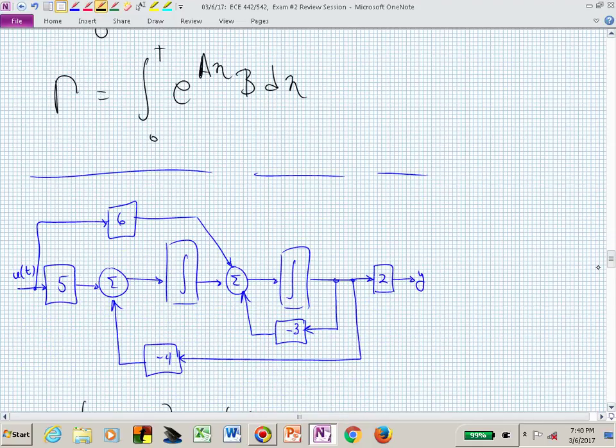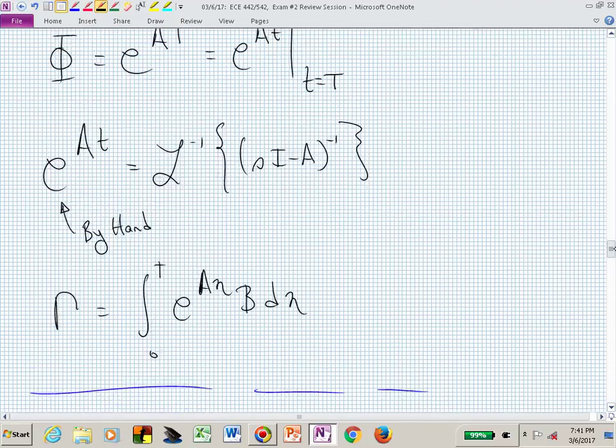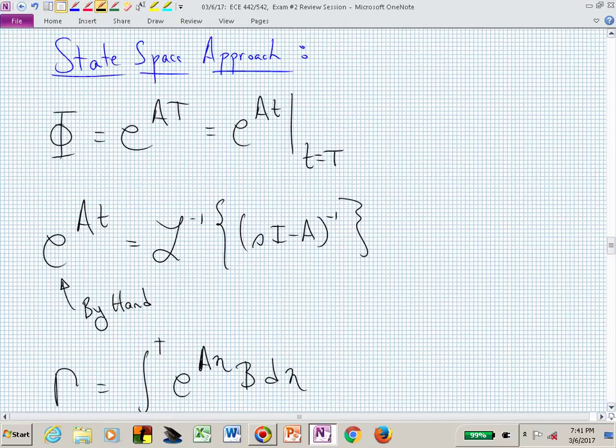Suppose I give you this block diagram, and I say precede this with a zero order hold and find a zero order hold equivalent of a state space system based on this block diagram. And you had this on your cheat sheet. You go,